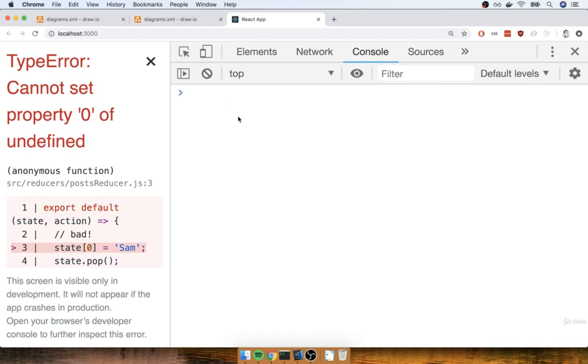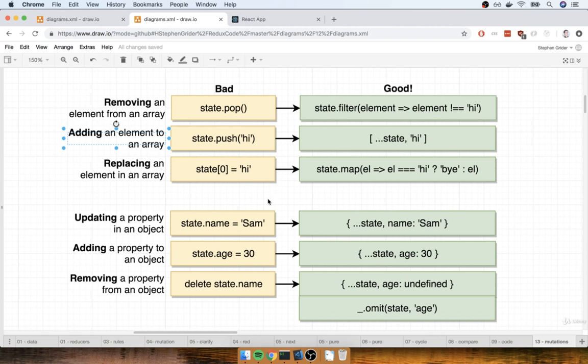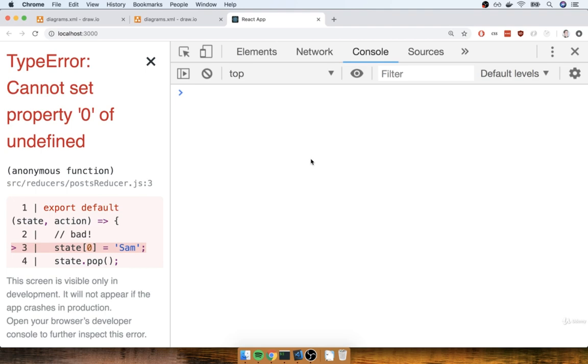All right, let's try another quick example here. Let's take a look at, say, removing an element from an array. So with removing an element, we can use the built-in filter function that is included on JavaScript arrays. So we can make use of the built-in filter function. So let's take a quick look at that.